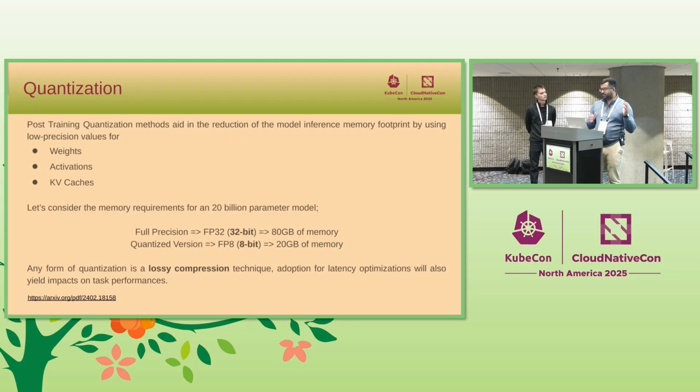Apart from tuning the efficient batching and utilizing the most performant kernels, post-training quantization can be very effective for reducing latency. Quantization uses low-precision model values for less computation and reduces the model memory footprint. Consider a 20 million parameter model. An 8-bit quantized version only uses a quarter of the GPU memory to even load the model compared to a full precision variant. With lower precision models, they have lower latency due to less computation, but any form of quantization